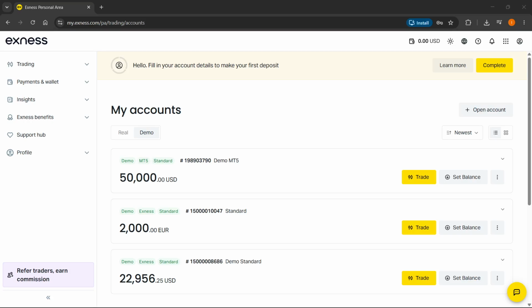In this video, I'm going to show you how to open an MT4 Exness trading account. Now, the first thing you have to do, of course, is create an account on Exness, and then once you've done this, you'll be directed to the Exness personal area, which is essentially your account dashboard. From here, to open an MT4 or MetaTrader 4 Exness trading account, you want to go to Trading top left